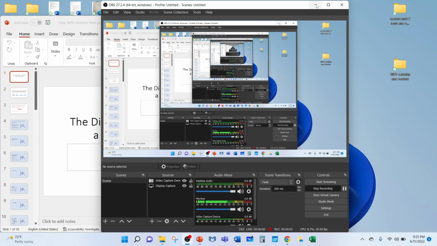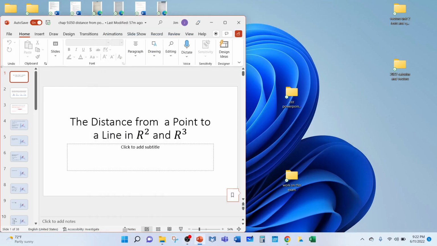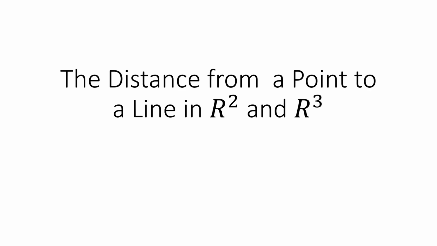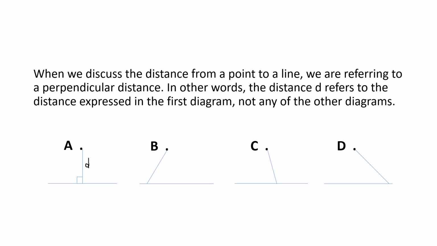In this video, we're going to talk about the distance from a point to a line in either R2 or R3. There are two different formulas that we're going to prove in different videos. When we discuss the distance from a point to a line, we're referring to the perpendicular distance. So in other words, the distance d refers to the distance expressed in the first diagram, not any of the